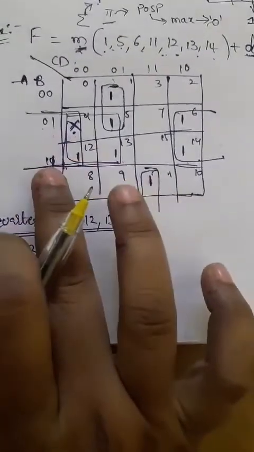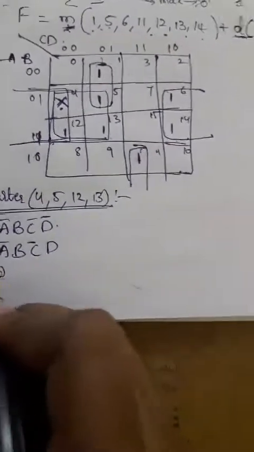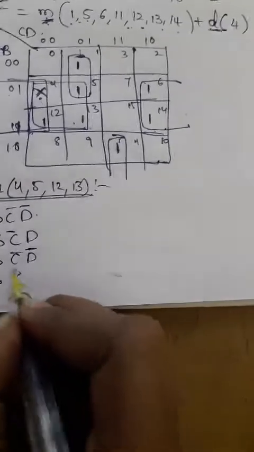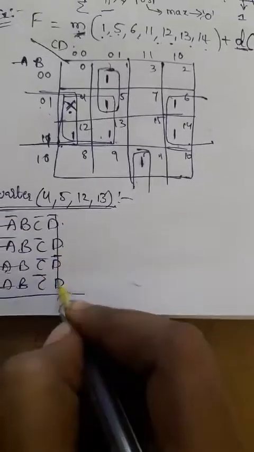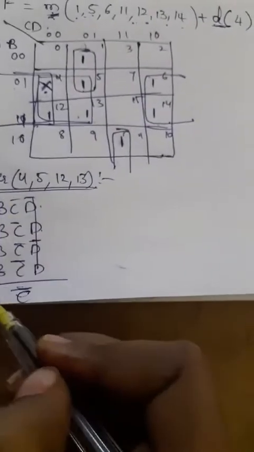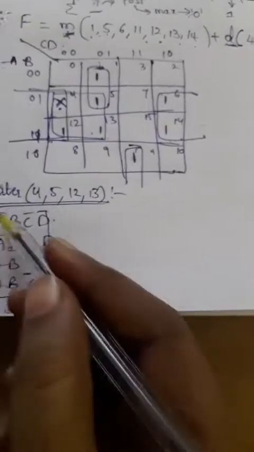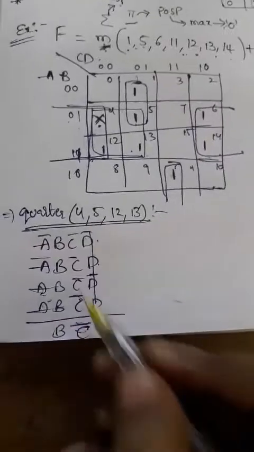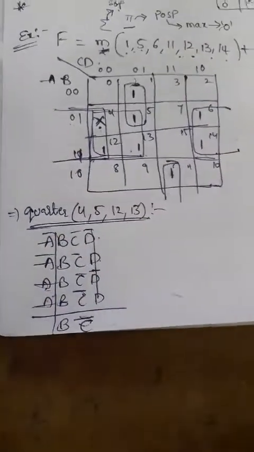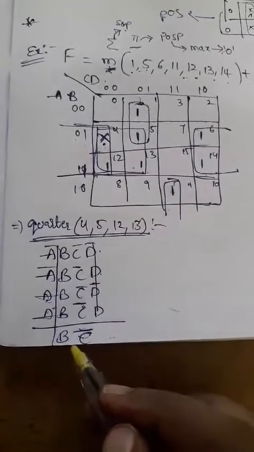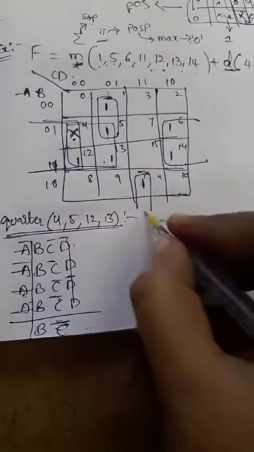Next, coming to the 12, 1 1 0 0. That means A B, C complement, D complement. Next, coming to 1 1 0 1, A B, 0 1 is nothing but C complement D. So here D complement, always it's a variable, you can cancel the terms. So C complement, and here B is a normal variable. There is no complement variable for this, so directly we can take it, and A complement A will be cancelled. Then the expression becomes B C complement. This is the one quarter group.